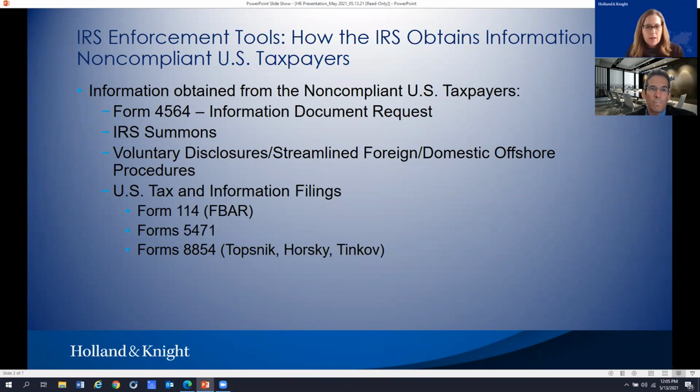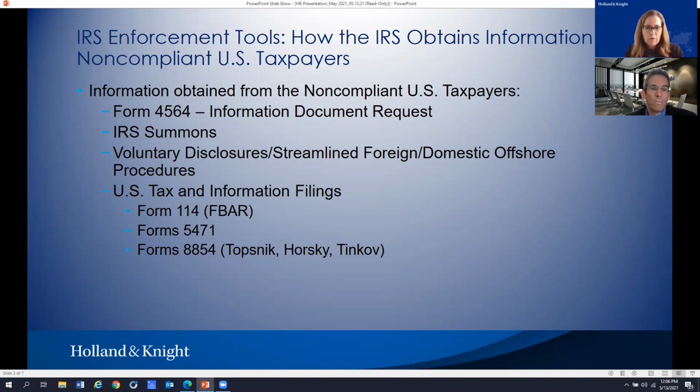Under Code Section 7602, the IRS has the power to compel a taxpayer to either appear or provide information. There are some checks or limits on the IRS's authority. Those are called the Powell requirements, which stem from a 1964 case. Basically, the inquiry has to be based on a legitimate purpose, so the IRS can't be unfairly harassing the taxpayer. The inquiry has to be relevant to the specific purpose, so the agent can't be using a summons to unearth information that's related to another matter or even another taxpayer.